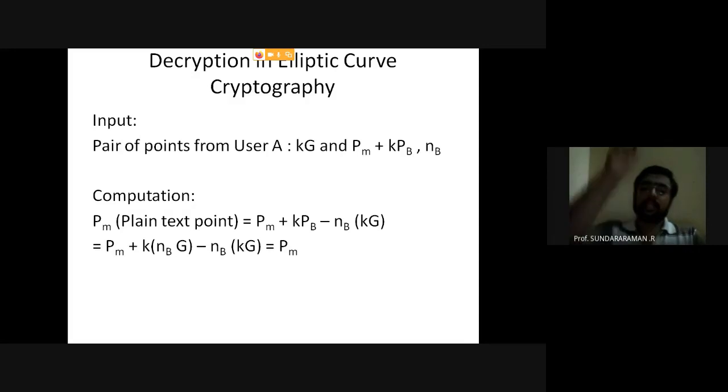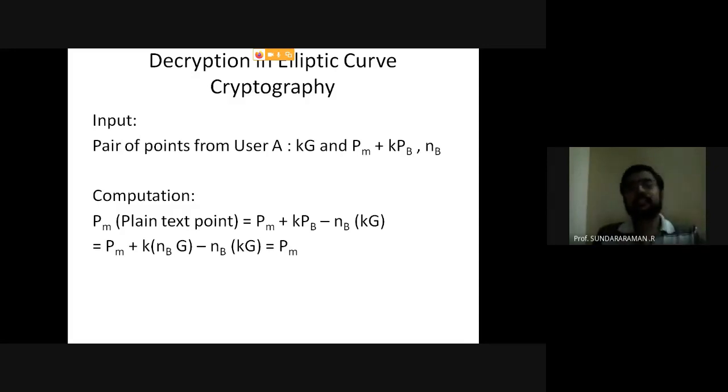When xp and yp is on top, xp comma minus yp is just below that, because the x-axis will not change, only the y coordinate will change. So in this case, subtraction can be performed using addition by just negating the point. A minus b is equal to a plus minus b, right? I hope you understand how to perform the subtraction as well.